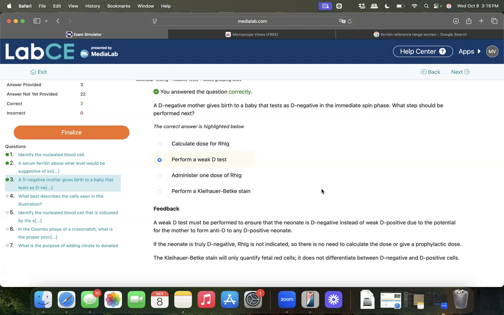So if the baby maybe is like a partial D or a mosaic or something weird, and they only have a little bit of that Rh positive or the D antigen, doing a weak D is going to ensure that we can detect it. So now, say mom gave birth to that baby, it only takes less than 0.1 mLs of